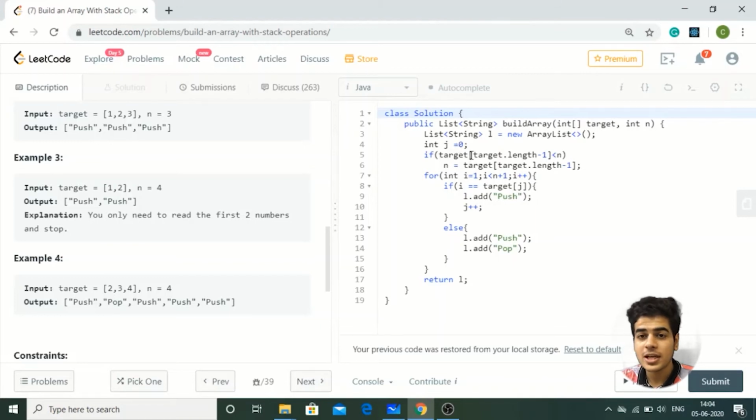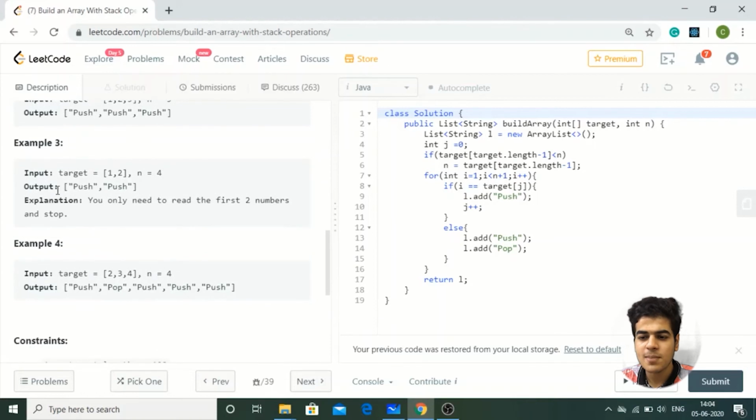Then I'm going to check if the last element of target array is less than n or not. Why am I doing this? Because just see this example number 3. In this example, you will find that target array is 1, 2 and n equals 4. So I would be doing 1, 2, 3, 4, and I'm going to check for all of them.